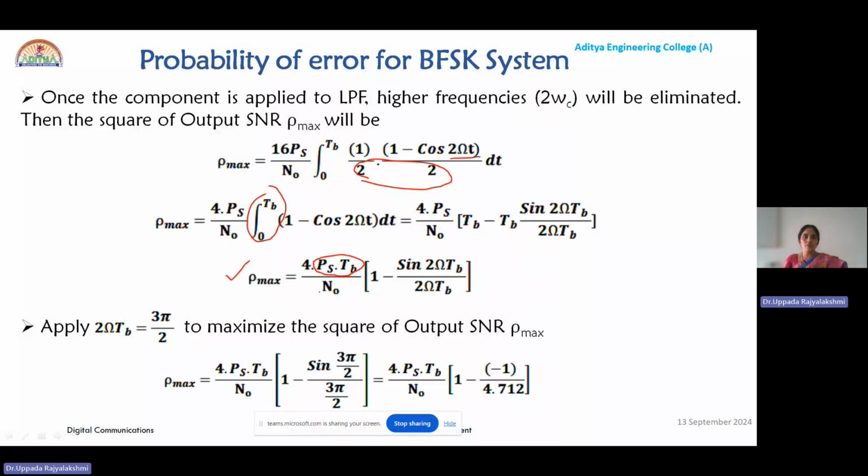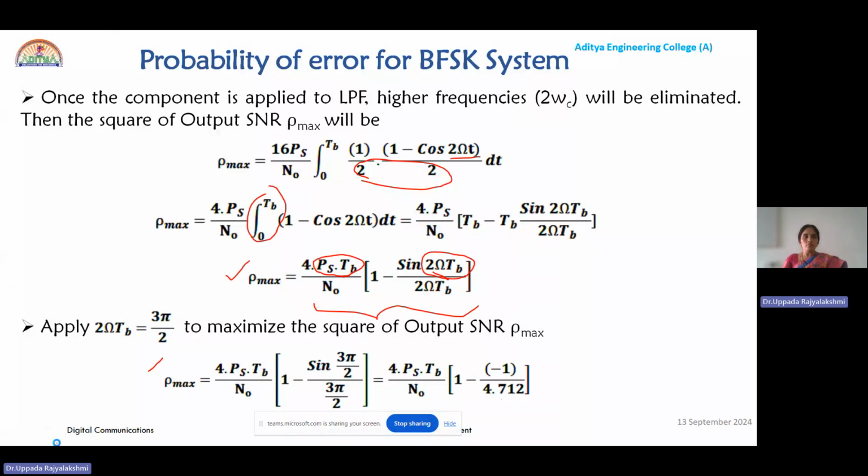So here this factor can be maximized only when you consider 2 omega Tb as 3 pi by 2. If you consider this value as some other different angles, our SNR is low, and it is high only for this 2 omega Tb equal to 3 pi by 2. So rho max is equal to 4 Ps into Tb by N naught into 1 minus sine 3 pi by 2 divided by 3 pi by 2. Sine 3 pi by 2 is minus 1. So 4 Ps into Tb by N naught into 1 minus of minus 1. So it is plus 1 by